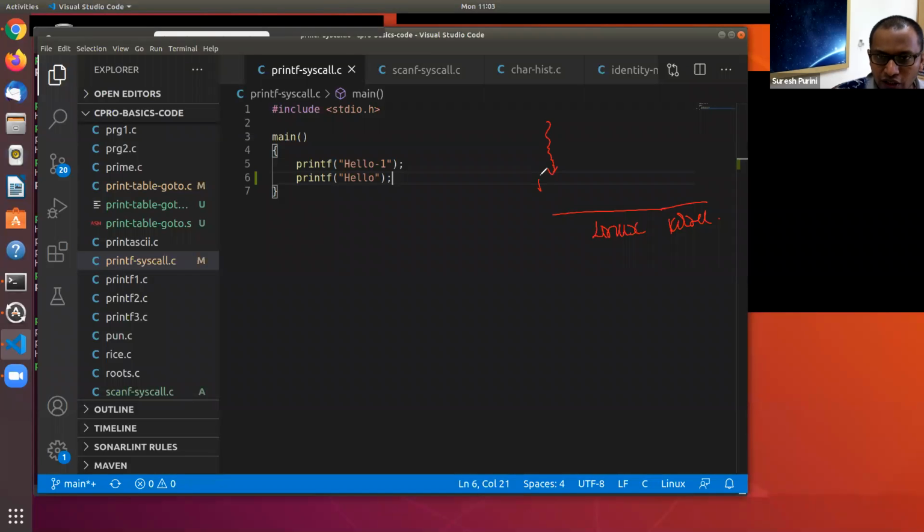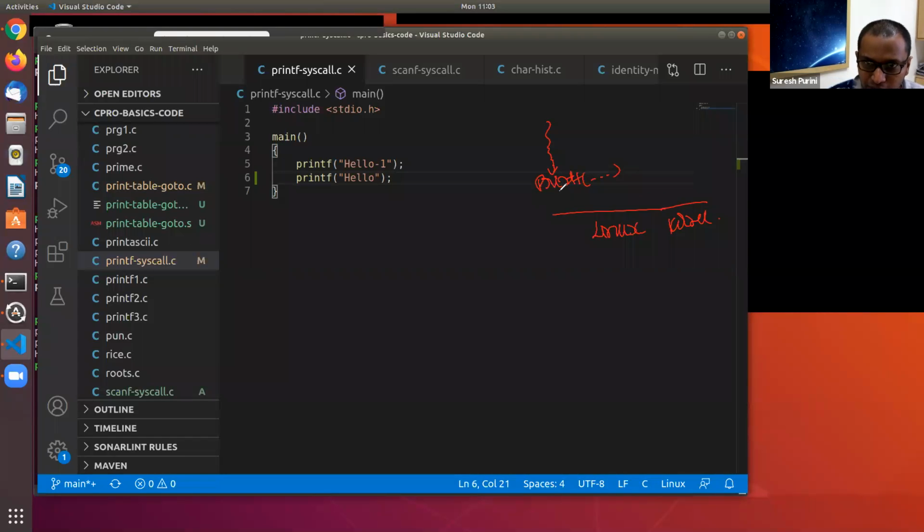At some point you call the printf function, and in order to access the screen, the display, whatever it is, it cannot do it by itself. It has to make use of the operating system.